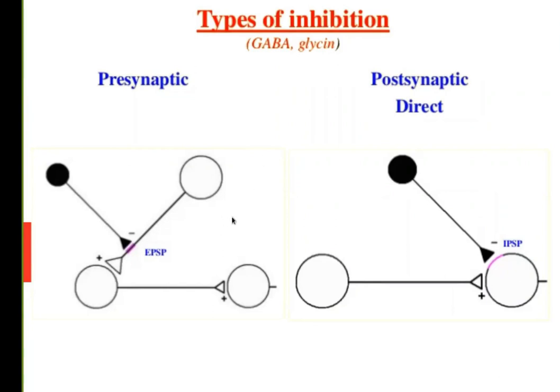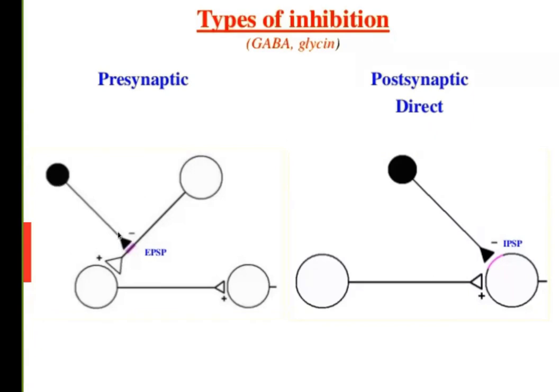But this propagation of impulses may be regulated by inhibitory neurons. In this case, they are the colored neurons, and this inhibitory neuron may